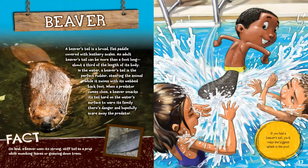Beaver. A beaver's tail is a broad, flat paddle covered with leathery scales. An adult beaver's tail can be more than a foot long, about a third of the length of its body. In the water, a beaver's tail is the perfect rudder, steering the animal while it swims with its webbed back